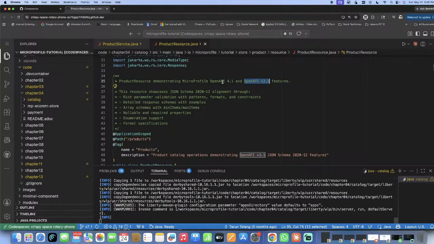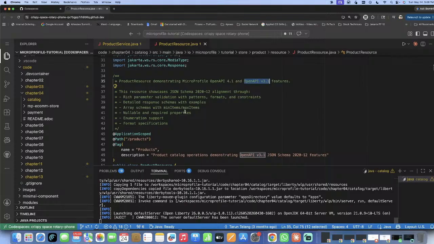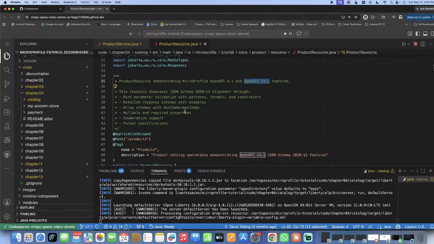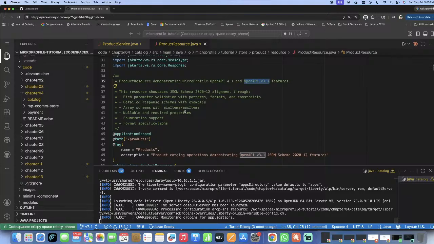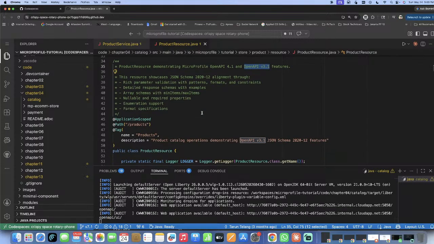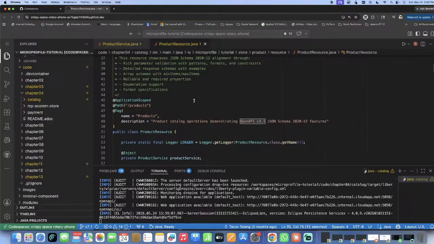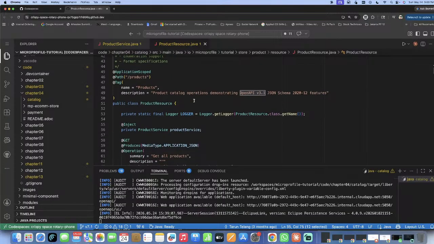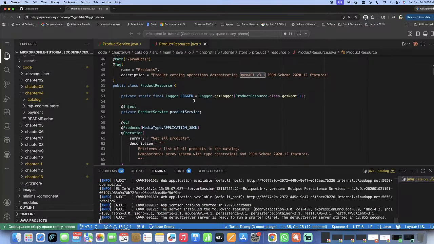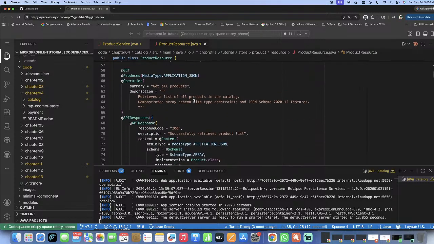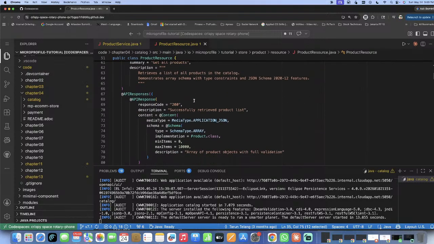Now you will see the documentation. It contains various features which include support for JSON schema. It also includes various features for documentation. It supports validation, and it supports